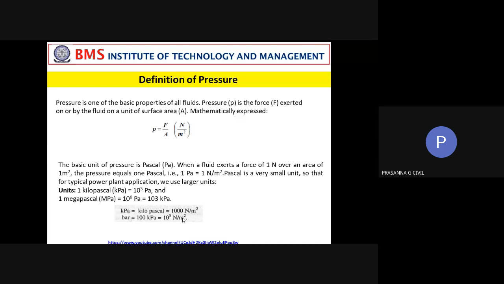So the pressure definition is not that important because you all know it. It is only that in a fluid, the pressure exerted in all directions is the same. We need to prove that. For pressure, we have the unit Pascal, and you can write it as kilopascal or megapascal. Also, the unit called bar is nothing but 10 raised to 5 pascals.